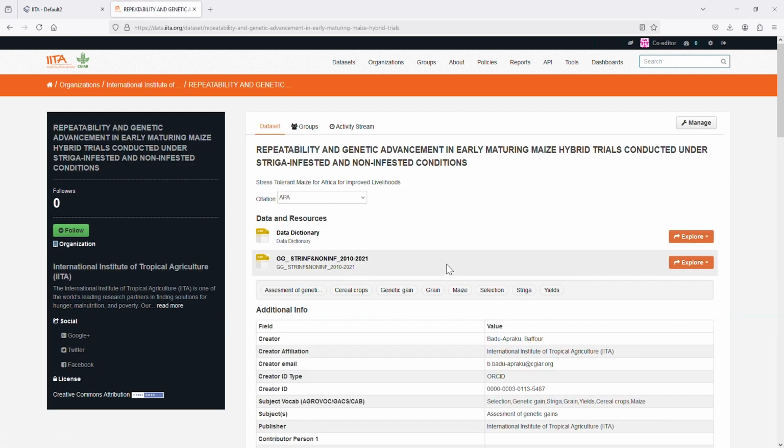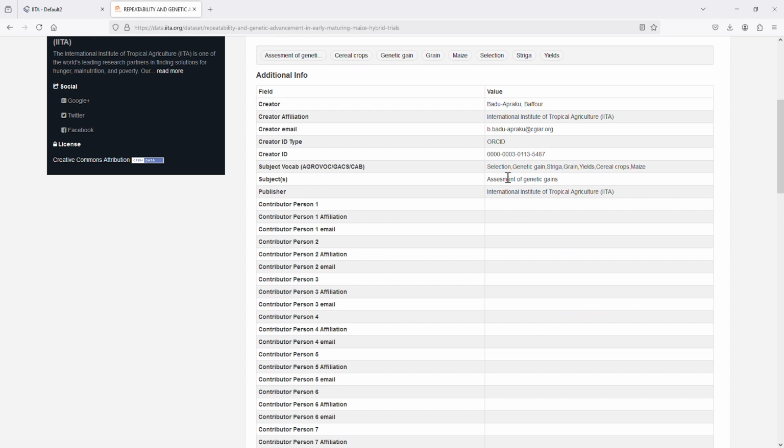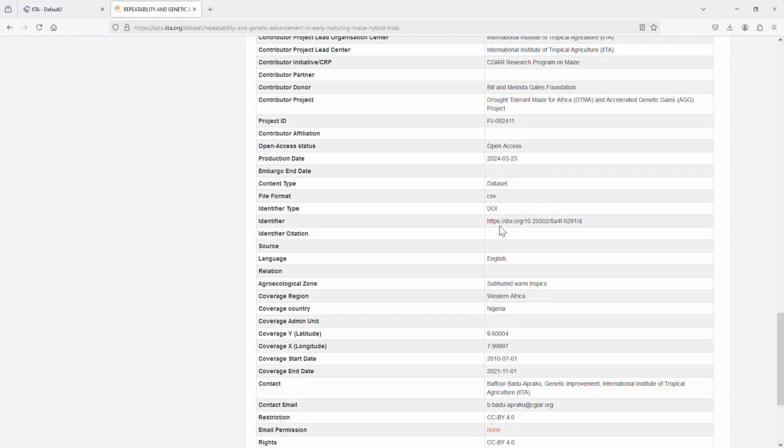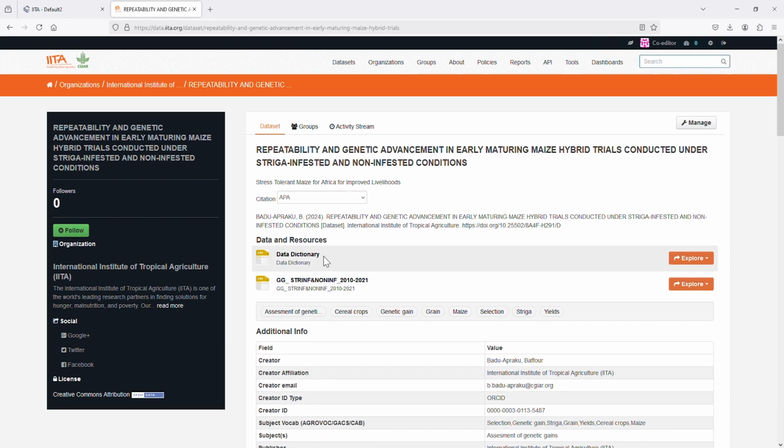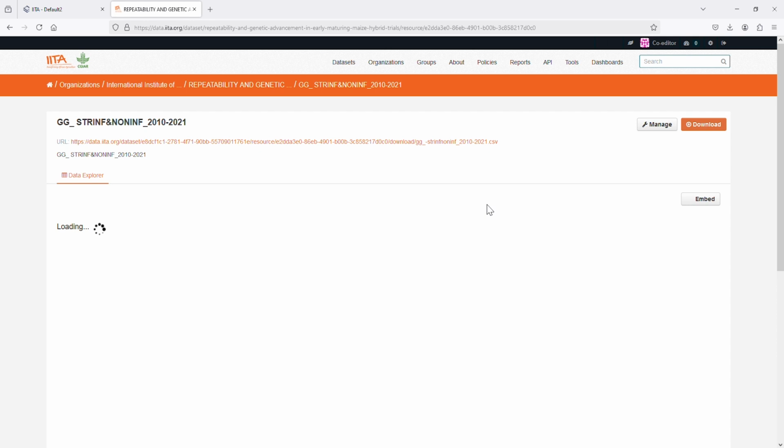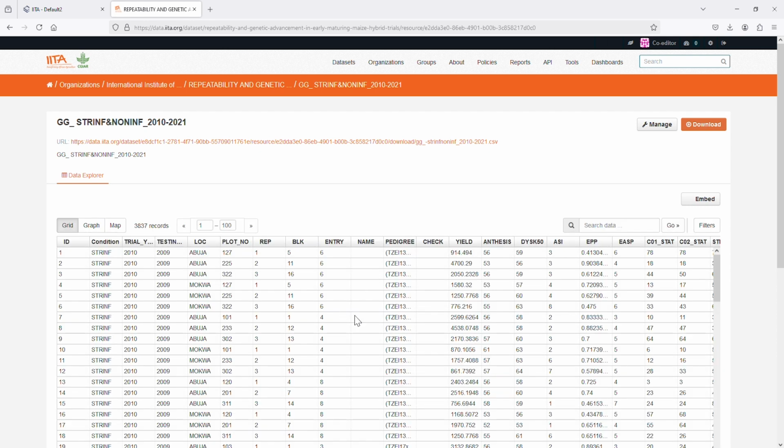You have information about the data, the creator, the institution, the ORCID ID of the creator. To access any dataset here, you click on the data. It opens the dataset for you. It previews the dataset for you. You can look through the dataset if it is of interest to you, and if it is, you click on this download button here. Automatically, it downloads the dataset for you right here, and the dataset goes into your download